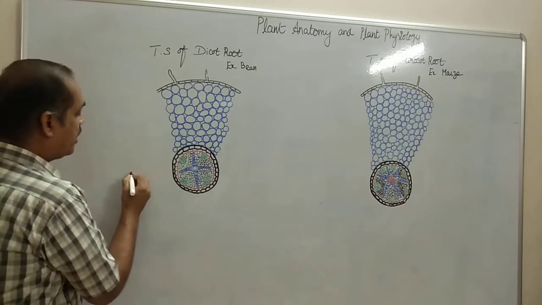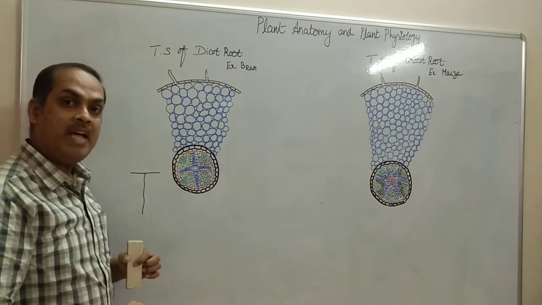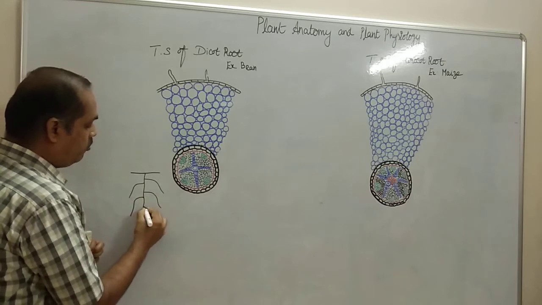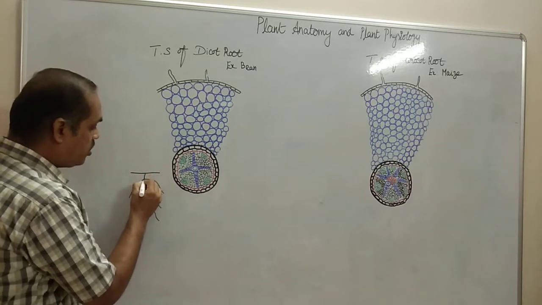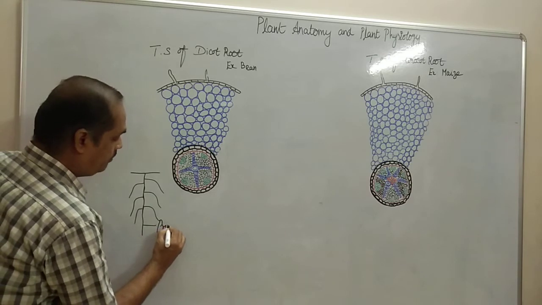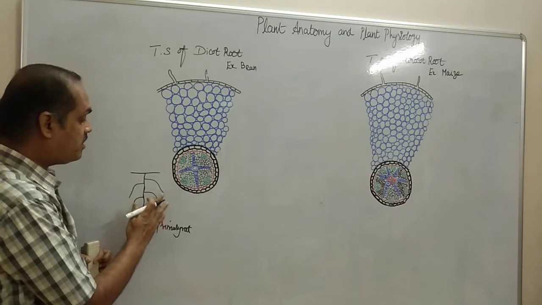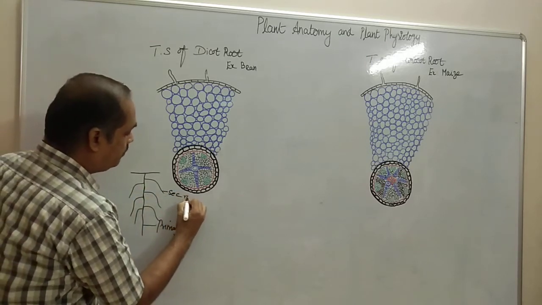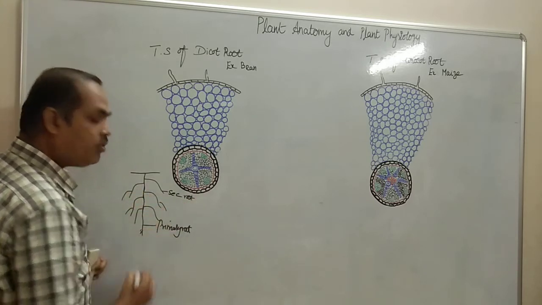Now this is the structure of the root. Dicot root will be having the main root called primary root, and on the lateral side you will be having roots, and these roots are called as secondary roots. The root which is in the center is called as primary root, and the roots that are found towards the lateral side, that is on either side of the primary root, are called as secondary root. They also will be having tertiary roots, and here you will be having root hairs.